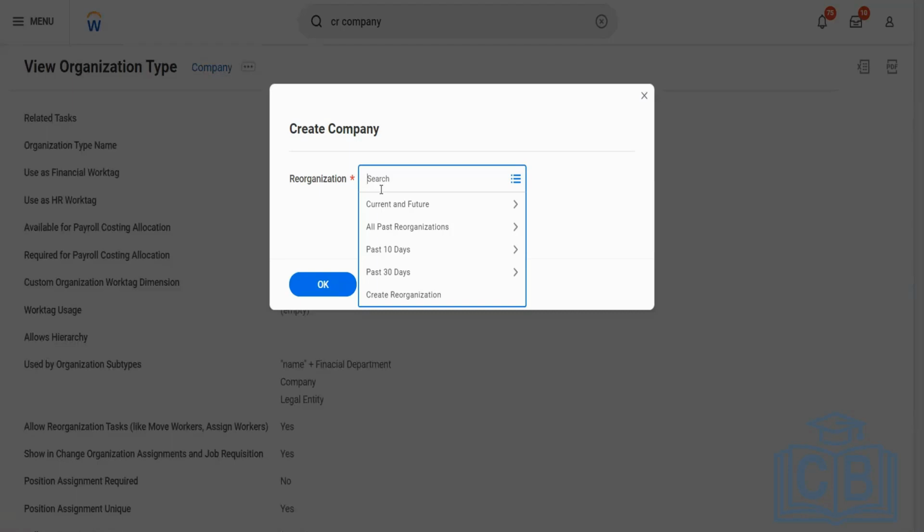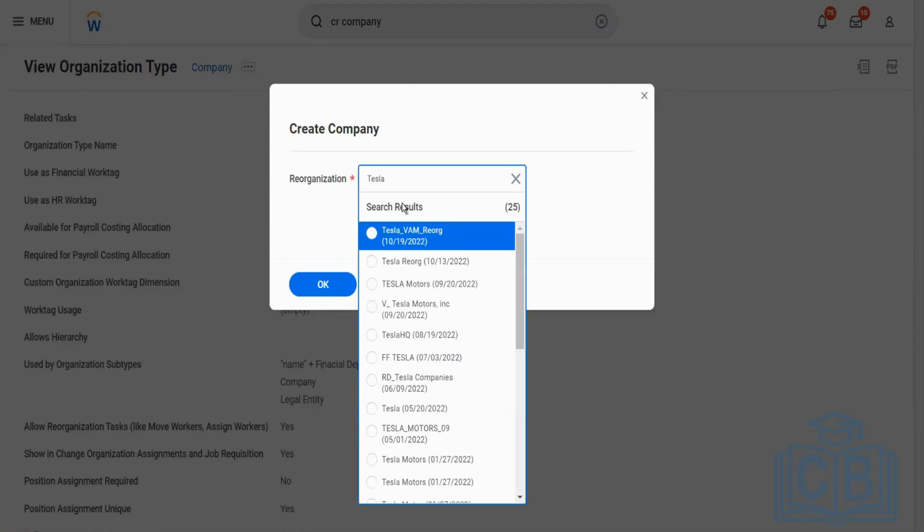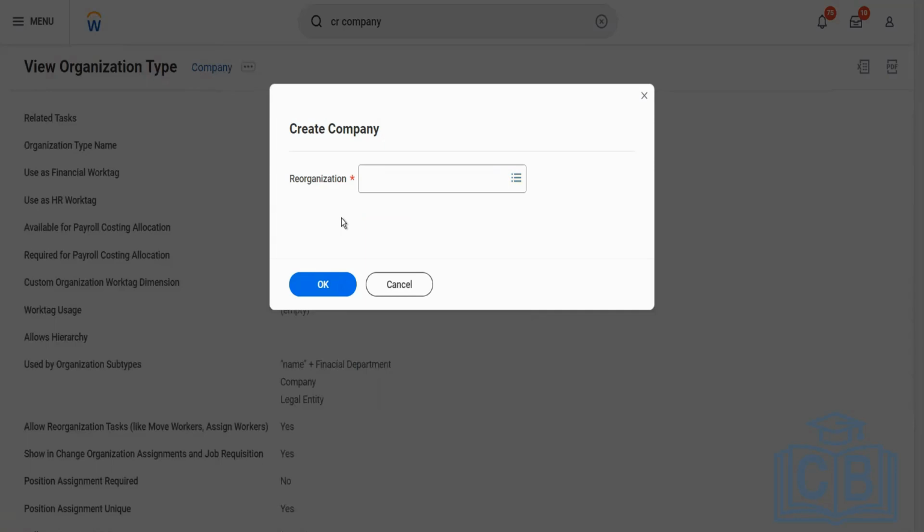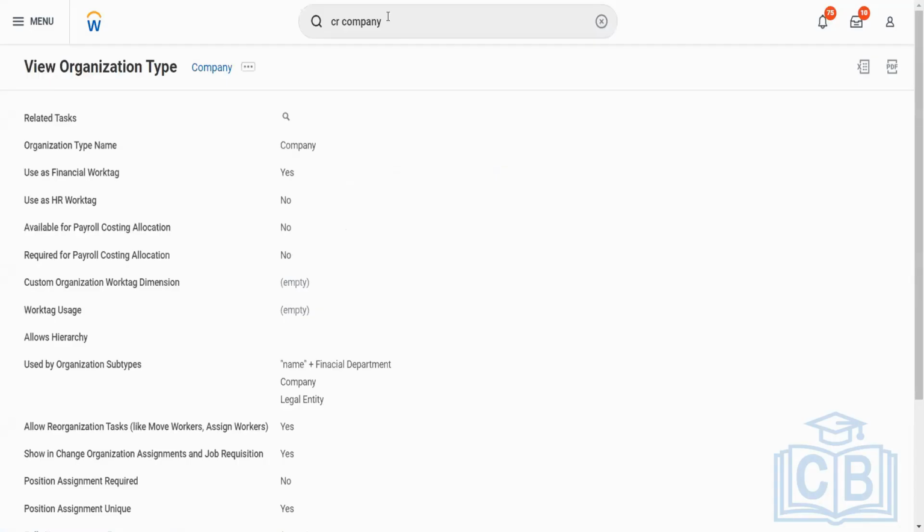Okay, so we'll just use Tesla here. I'll show you actually that. And now you have a question in your mind right now that how to create this reorg, right? We are seeing an existing value. Then no worries, I'll just show you on this page itself. The task to create a reorg is very simple. Just type